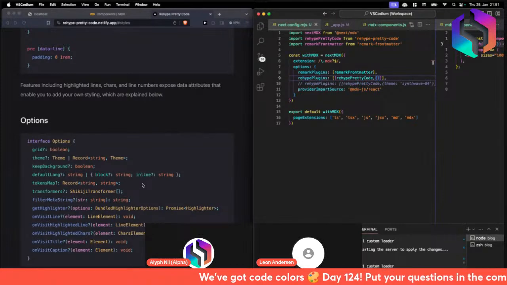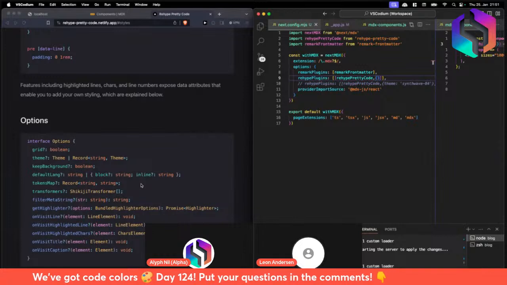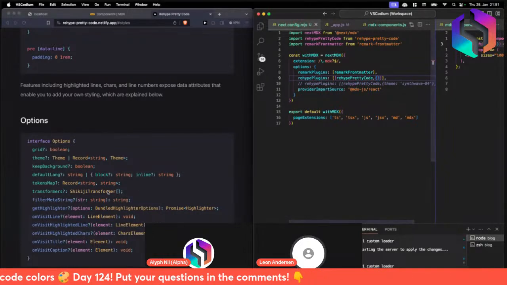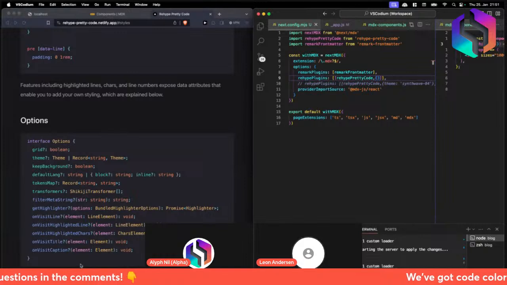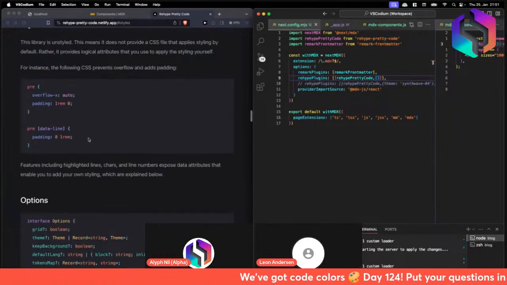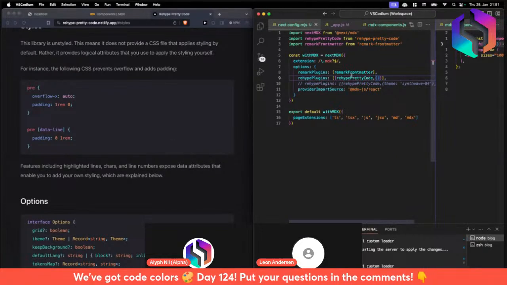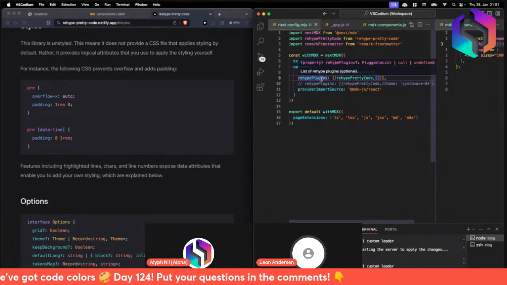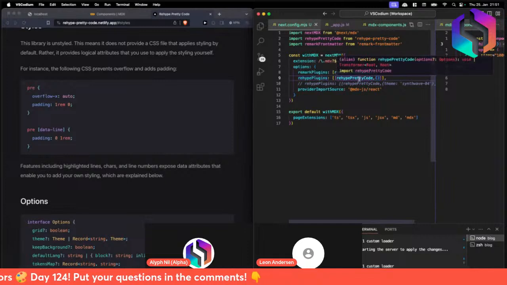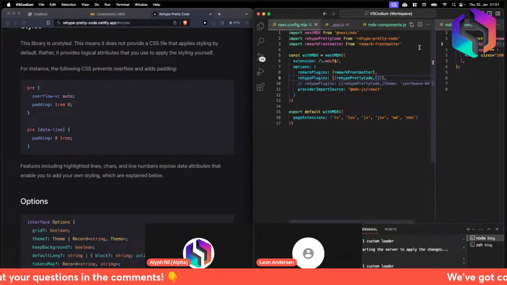Okay, got it. Those are more like configuration kind of things, and styling is in a different place. Okay, so how do we know though that the rehype pretty code is taking my